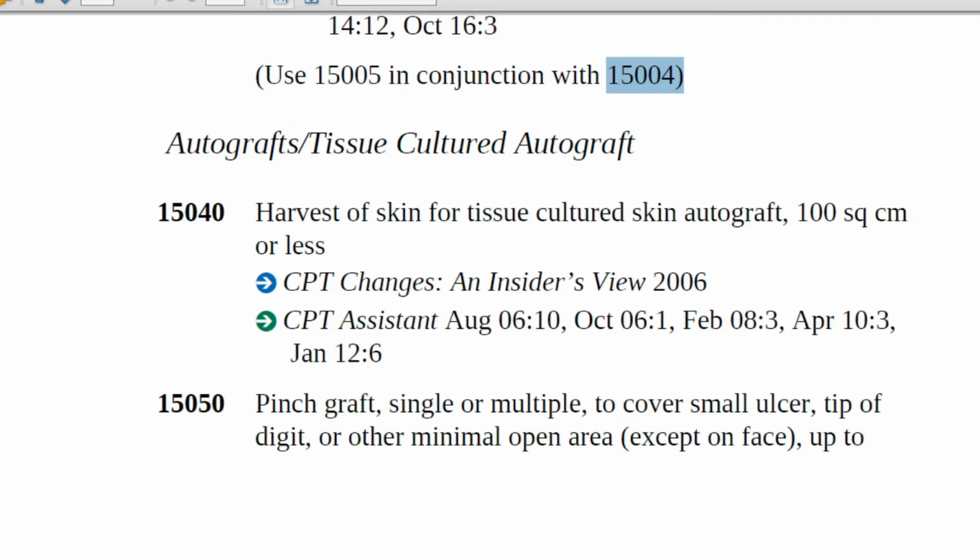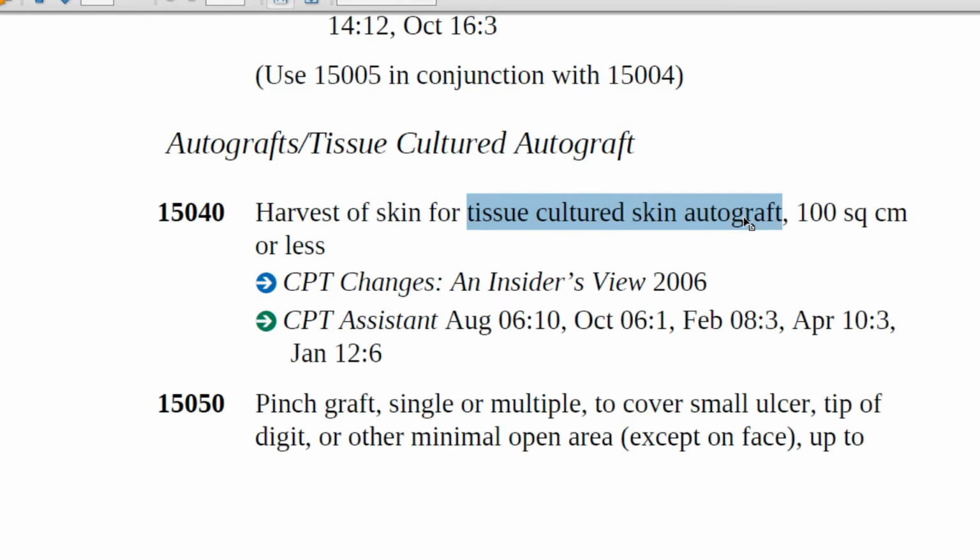15040, harvest of skin for tissue cultured skin autograft, 100 square centimeters or less. Now, what is tissue cultured skin autograft? In this procedure, the physician removes tissue from the patient's body and grows it in a lab, in vitro, on a collagen elastin scaffold.